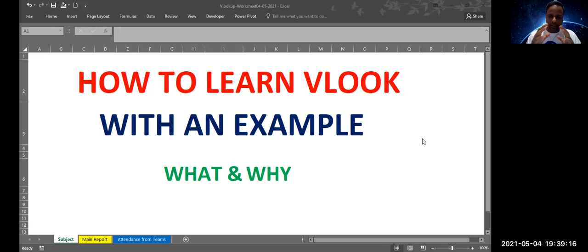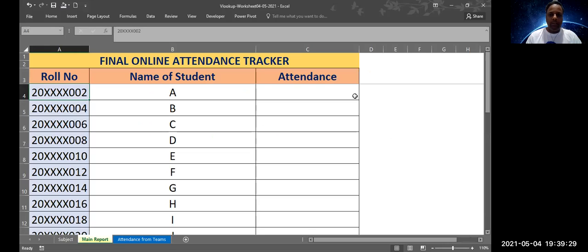Now, a very simple example of VLOOKUP can be explained in my session here. So without any further delay, we're going to go to the session. First, this is my final online attendance tracker. This is the report which I am preparing for the students who have been present for today's class.